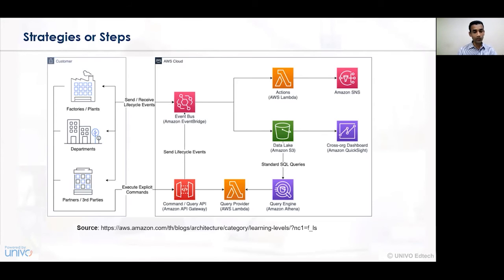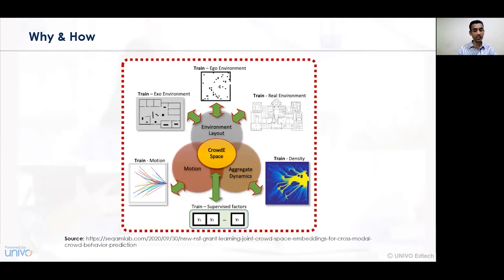The activities in the outward or backend department of a certain consideration are always coordinated and associated with the event bus that is being created, the life cycle events, the command query, the query provider, that is the Lambda, the action that needs to be initiated, the data lakes, the query engine, the cross-functional dashboards, and the Amazon services software network. On those considerations, the cross-category learnings can be undertaken and the organization's long-term process or business activities can be undertaken.